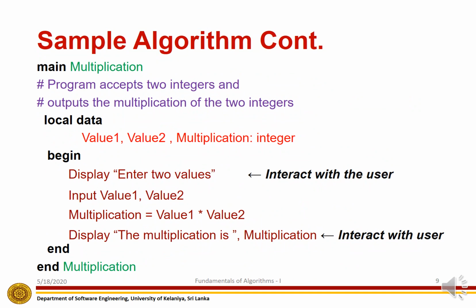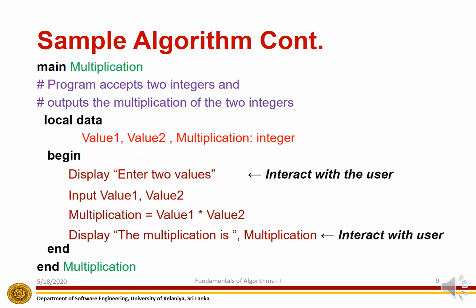Now let's see another pseudocode algorithm for the same problem. Starting with the main algorithm name multiplication, then comments as in the earlier program. Next, input and output variables with the data type, all are the same as the earlier program, but the procedure is different here. Begin. In this algorithm, first we need to ask the user to give the inputs. To give the command to the user to get the input, we have to display a message as enter two